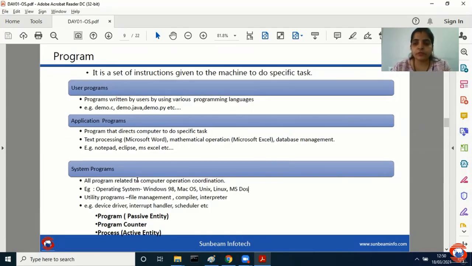Along with that, when you talk about compilers, linkers, loaders, drivers, जब आप कोई भी hardware device लेते हो, you need to install some drivers for that, and then that is called as basically system programs, right? So when you talk about program, it has three categories: user, application, system.